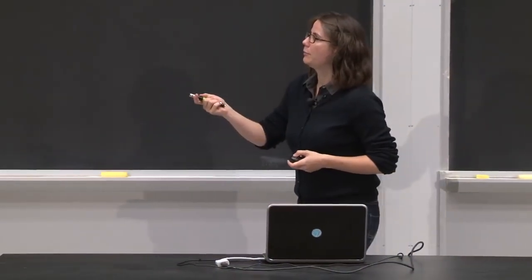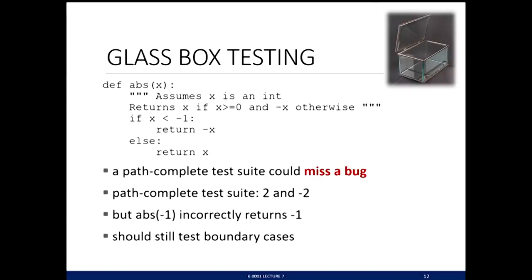So in this example, we have the absolute value of x. This is its specification, and this is the implementation that someone decided to do for this function. So a path-complete test set means that you want to have a test that goes through each one of these branches. So if x is less than -1, well, -2 is less than -1, so that's good. And otherwise, which means pick a number greater than -1, so 2. So 2 and -2 are path-complete,